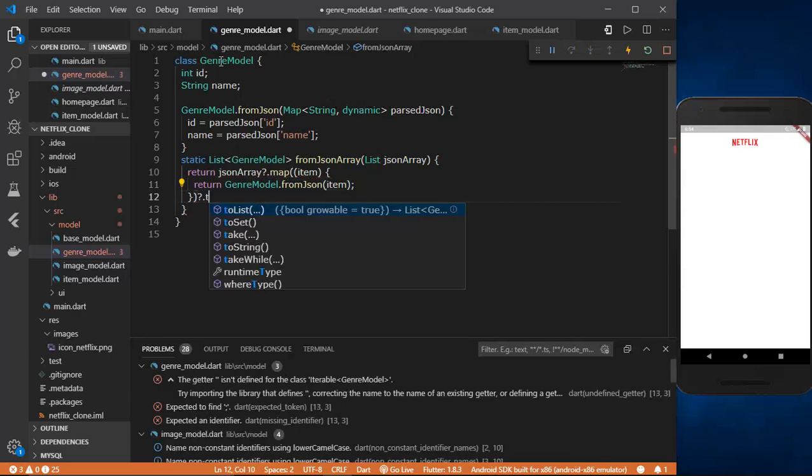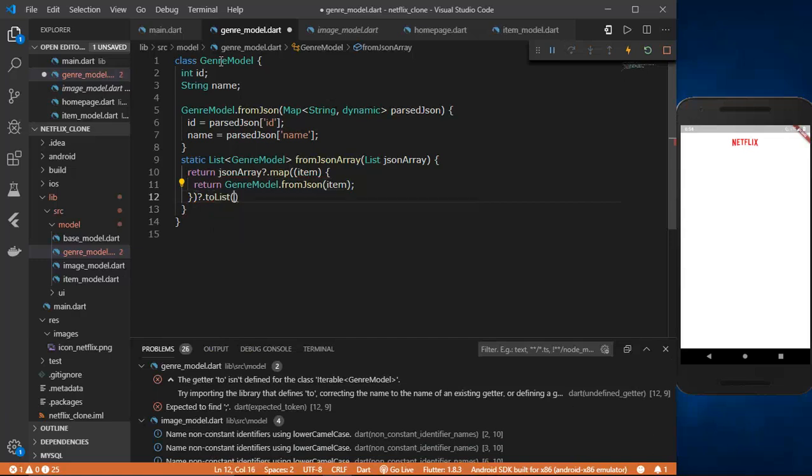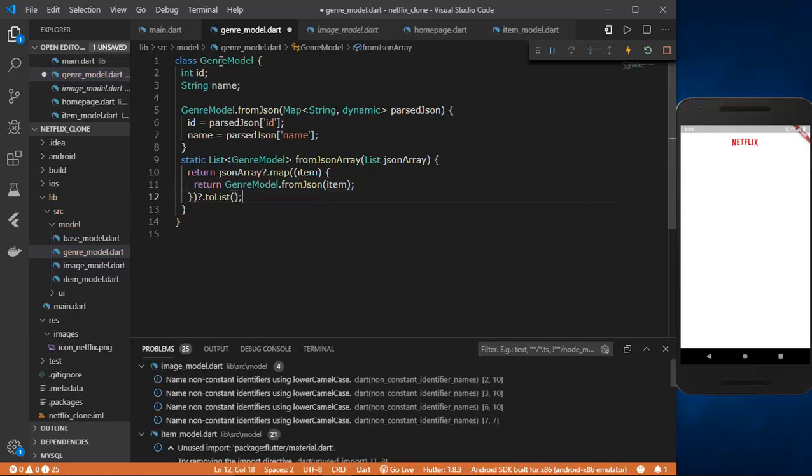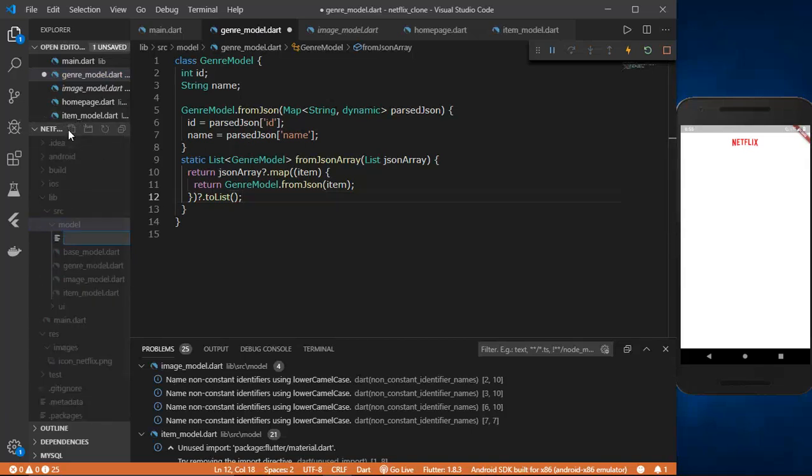So toList. So our general model is also finished,